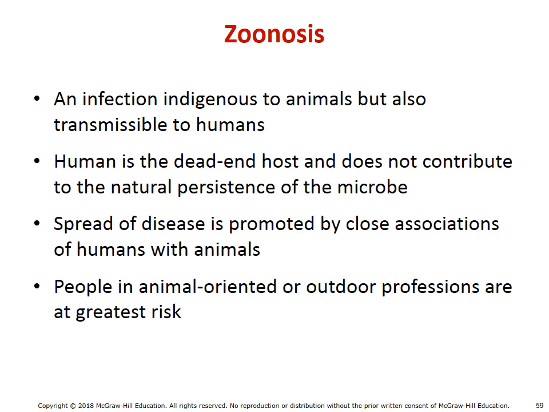Zoonosis or zoonotic disease is a disease that initially starts in animals, but then is transmitted to humans. Yes, I know we are animals as humans, but we're talking about lower animals to higher animals. The idea here is typically we are the dead-end host and do not continually push the microbe onto others, so zoonotic diseases really have to come from the initial source, the animal. Again, this can come from simple contact with an animal or the consumption of the animal.